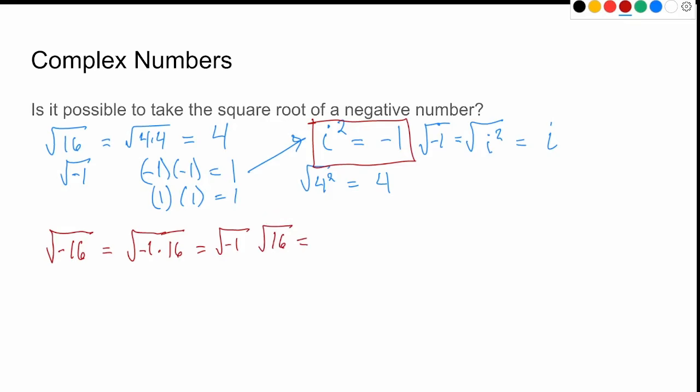And so now we can take each of these because we've got a definition, and we don't define every negative number. We only define one, negative 1, that i squared is equal to negative 1, and that's all we need because we can always take this part out. And so what this becomes, square root of negative 1 is i, square root of 16 is 4, and just because that looks kind of strange, i, 4, we always write the number first, and so 4i is what we would call an imaginary number.